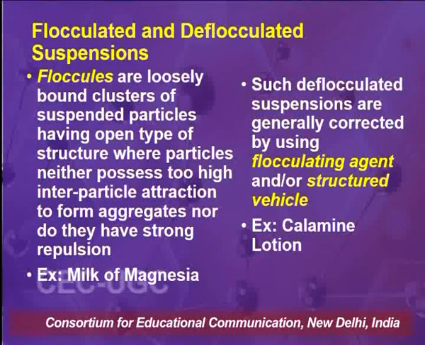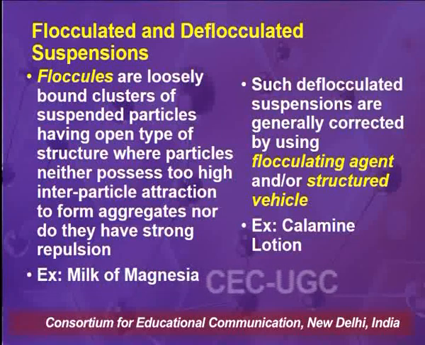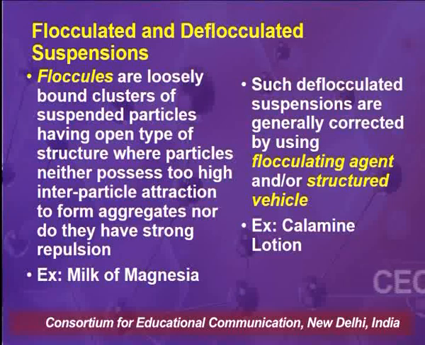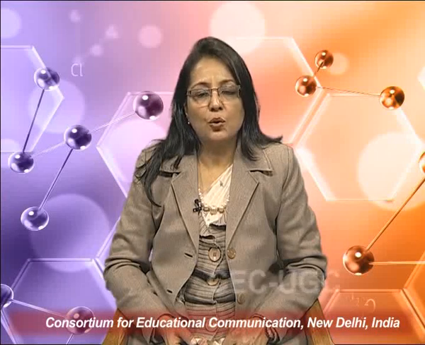So in simple terminology, to identify whether a suspension is flocculated or deflocculated: in flocculated systems, the particles are uniformly dispersed initially, and on shaking they redisperse very easily. But on standing, because the particles are dispersed, they have a tendency to come close together due to Brownian motion, and because of this close aggregation, the structure formed is a loose network, and the particles will be redispersed on gentle shaking.